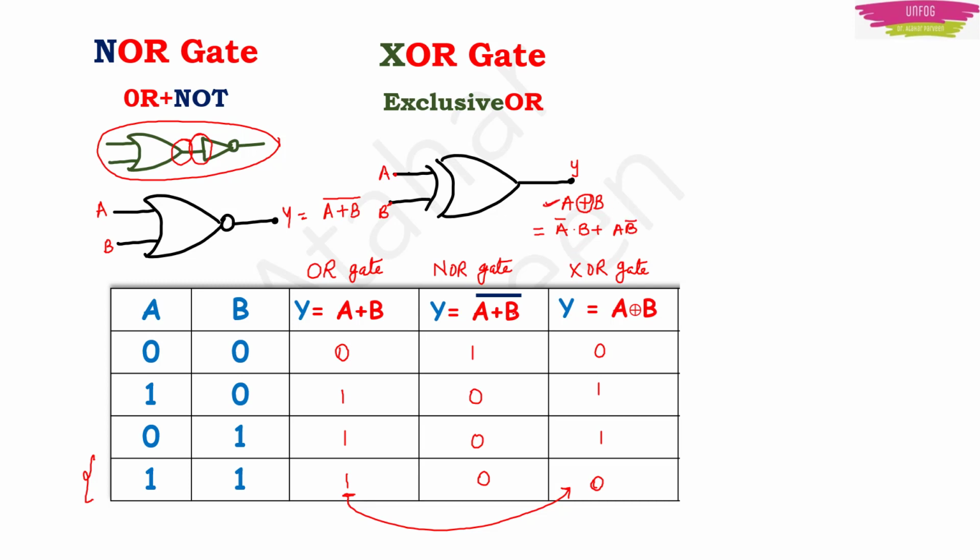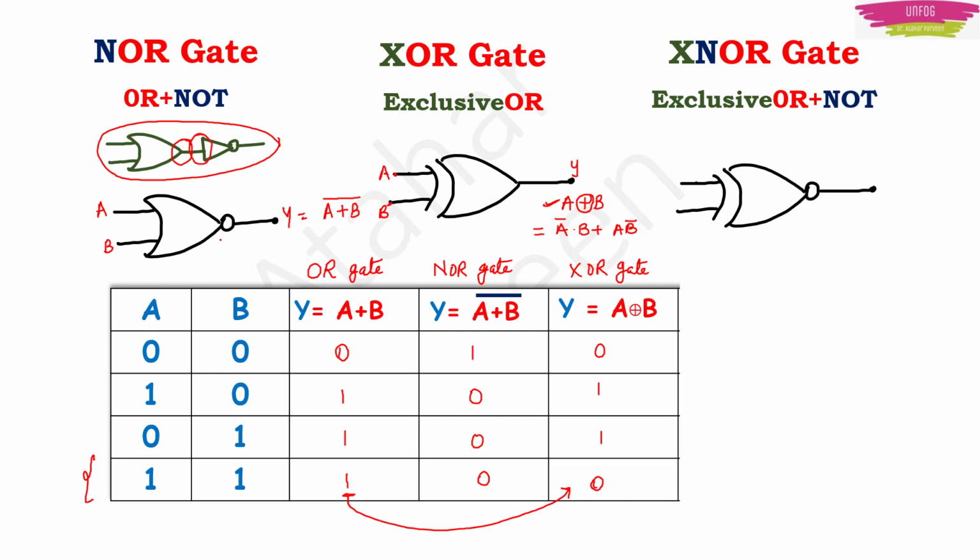There is one more last gate related to OR gate, which is a complement of XOR gate. So you call it as XNOR gate, exclusive OR plus NOT gate, and this is the symbol. Please note that wherever you have this NOT gate thing, you have a bubble after the gate, because that bubble is taken from the NOT gate. So here in XNOR gate, input will be A and B and output will be Y, and this is going to be the complement of XOR gate.